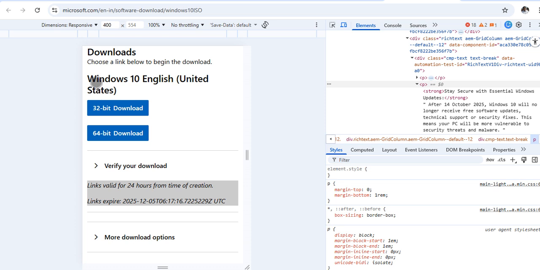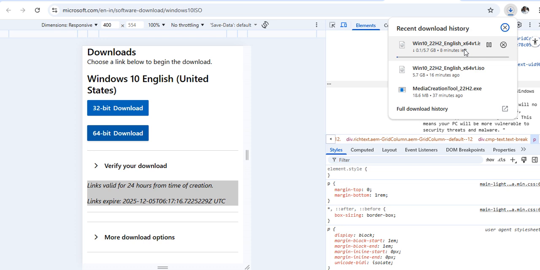Then you will see the two options, Windows 10 United States 32-bit download and 64-bit download. So you can download as per your requirement. So I will click here and you will see it will start to download. Its size is 5.7 GB, so you should have around 6 to 7 GB of space. Then you can easily get this Windows ISO on your